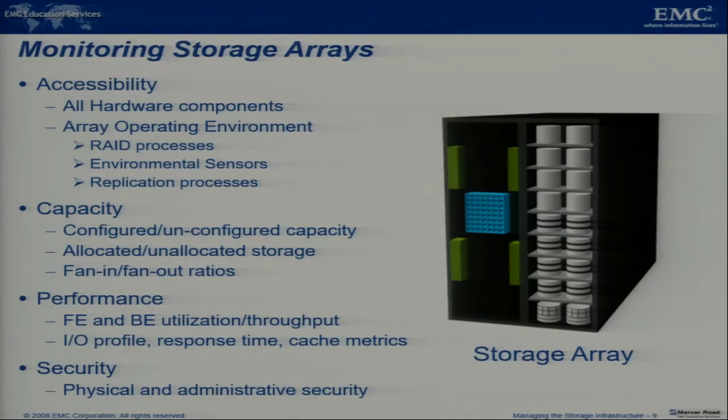All the hardware components, for example it has a RAID, redundant array of independent disks. Then we have all the processes associated with RAID, and we can also have a replication process. Replication, because we require backup and recovery. We require a backup storage array to monitor the replication process. The next one is capacity. The capacity can be configured or unconfigured. So the failures,